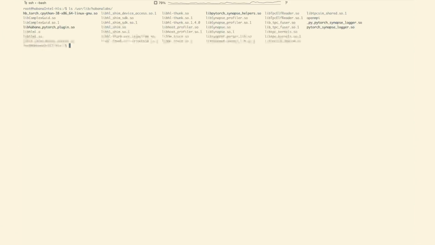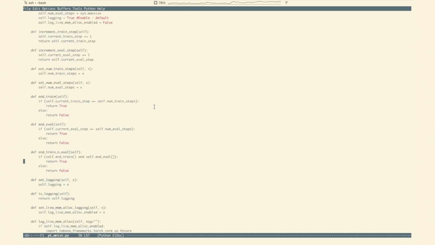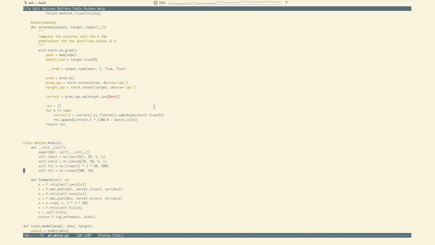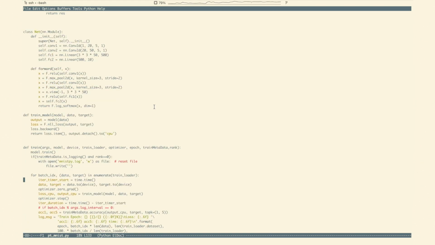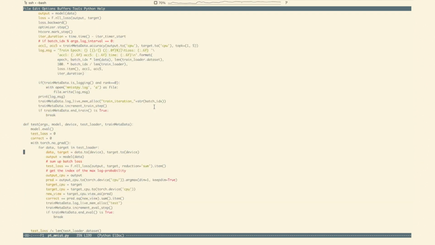Now here, I'm running an interactive session with the PyTorch Docker container. In this container, the necessary libraries are also installed in user-lib Habana Labs. This is a more complex script that trains a PyTorch model on the industry-standard MNIST dataset. There's an accuracy function, a definition of the deep neural network, methods to train the model, a method to test the model,